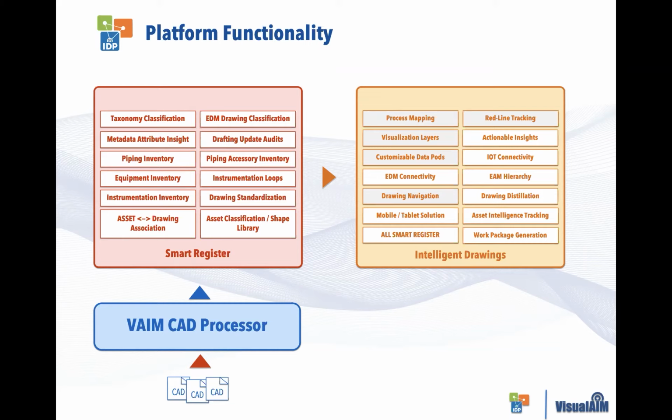Again, that metadata attribute insight, scraping all of the information that we can about the assets from the information we see on the drawings. Generating inventories for piping, piping accessories, equipment, instrumentation, being able to combine instrumentation into different loops, drawing standardization. So we've had instances, well, many instances actually, where we get drawing sets, and over the years and through different third-party engineering vendors who are making updates and doing redline activities on drawings, the structure of the